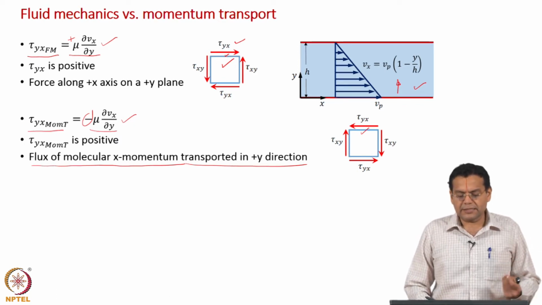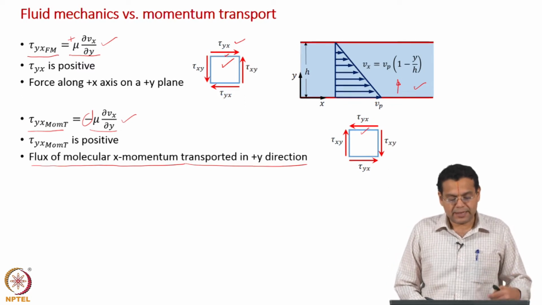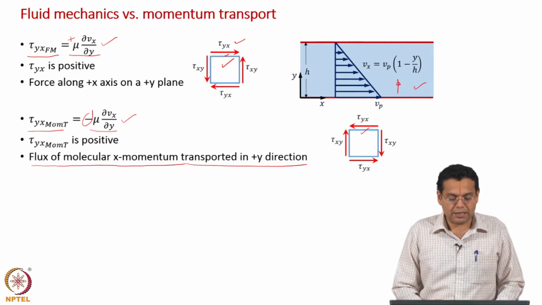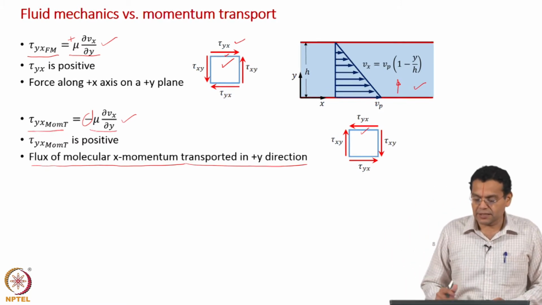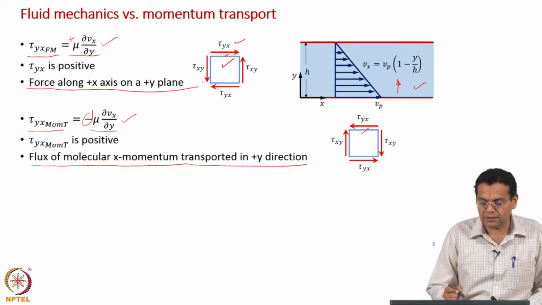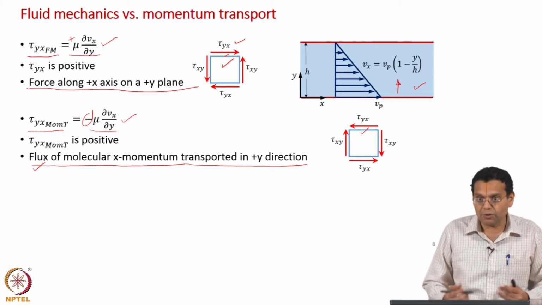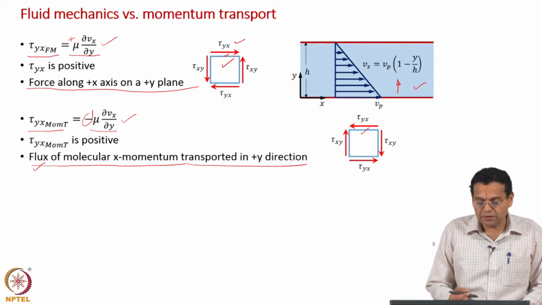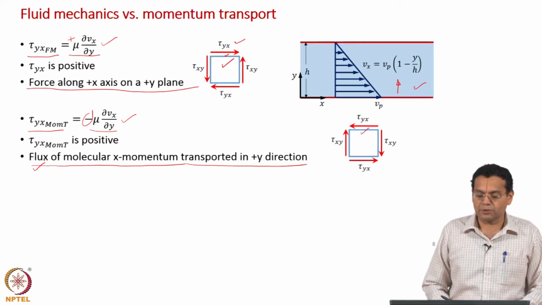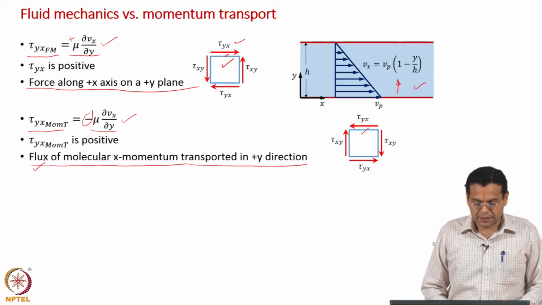So in one case we related tau ix as mu dou Vx by dou y. In the second case we related tau ix in momentum transport as minus mu dou Vx by dou y. Also I would like to emphasize, which we will discuss in the next slide too, here I say force along positive x axis on a positive y plane. Here what do I say? Flux or flow of something, flux of molecular x momentum transported in positive y direction. This we will discuss in the next slide as well. But now,